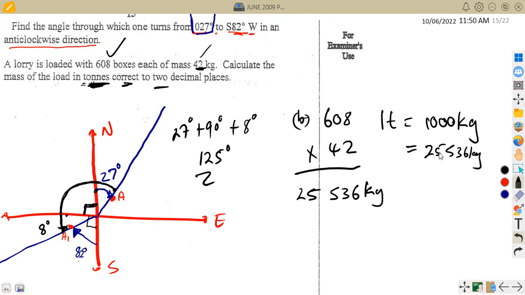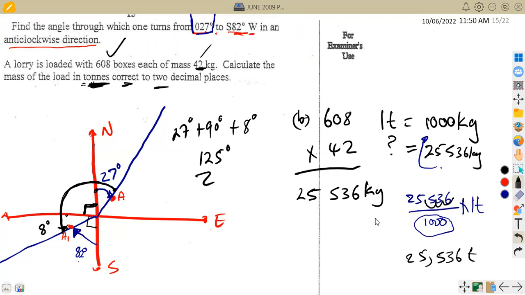25,536 kgs is equivalent to how many tons? You do not know. So what you need is this: 25,536 over 1,000 multiplied by what? A ton. So this will be in tons now. As you can see, we're dividing by 1,000. We simply need to move 3 commas to the left. That is 1, 2, 3. So it's going to be